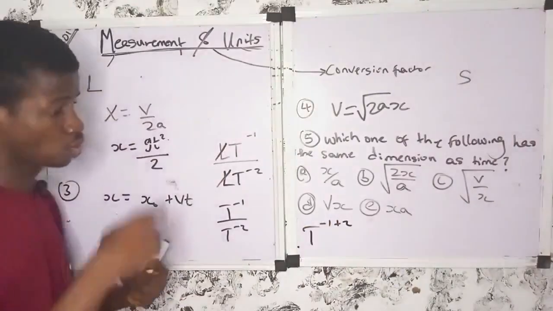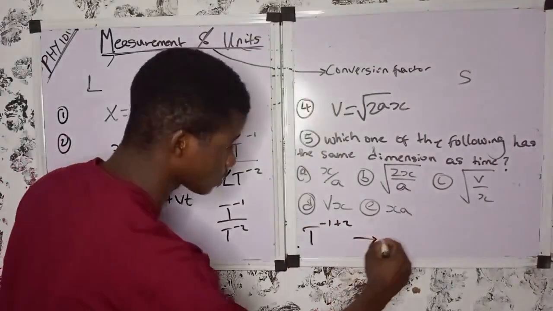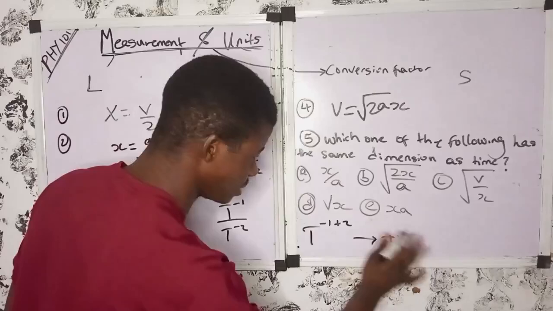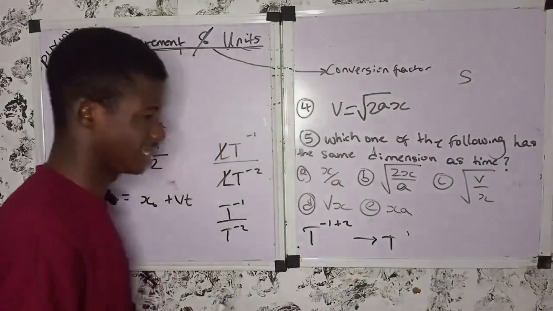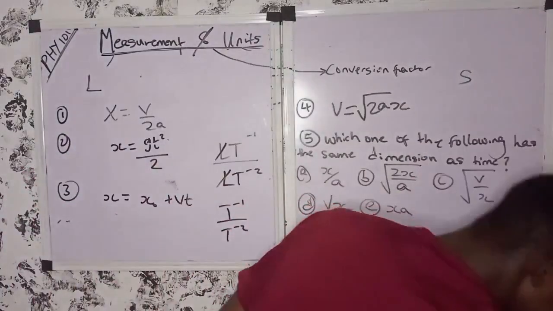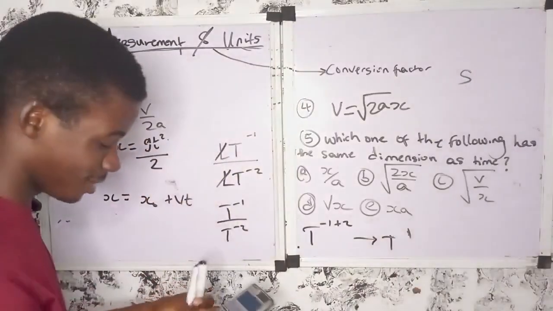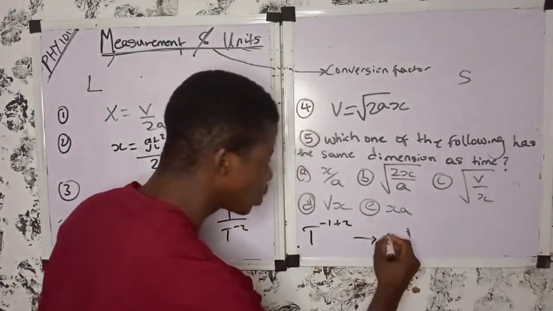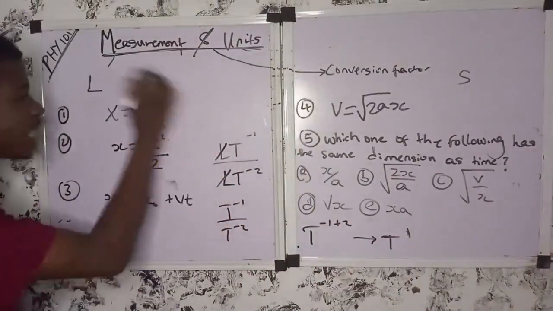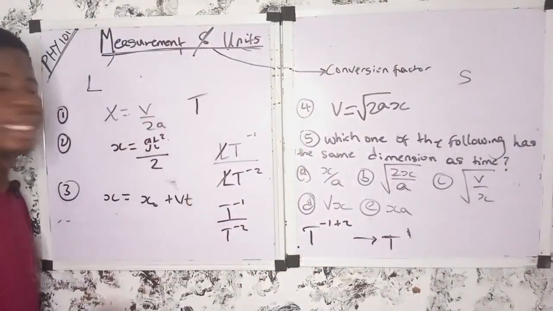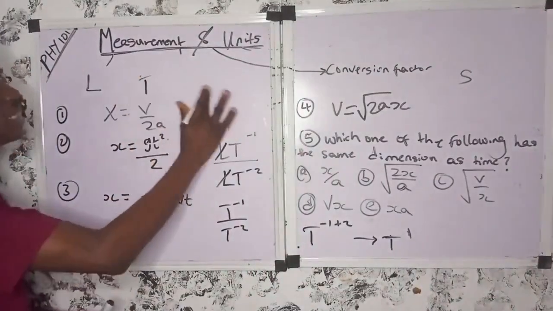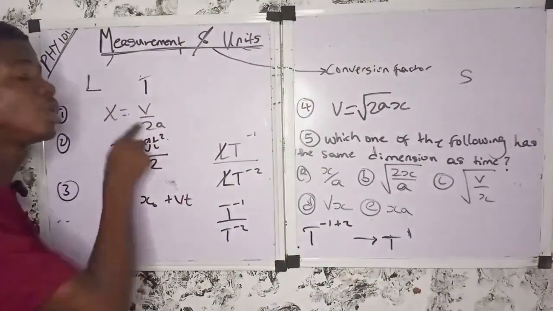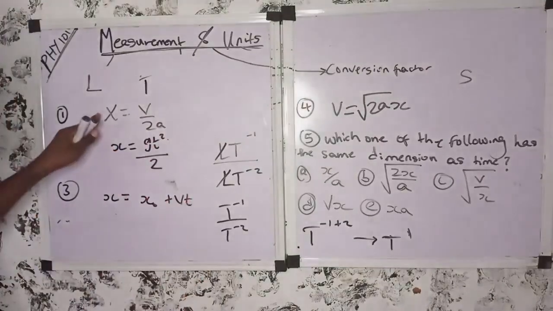So minus 1 plus 2 will give us 1. Let me check. Minus 1 plus 2, yes, that'll give us 1. So our total dimension here is time. That has to tell you that this equation is not correct, because the dimension here is